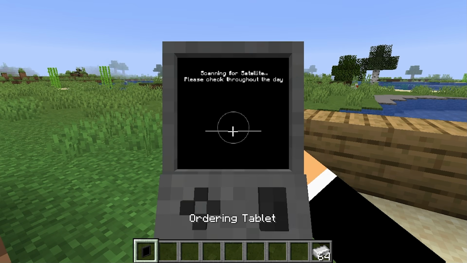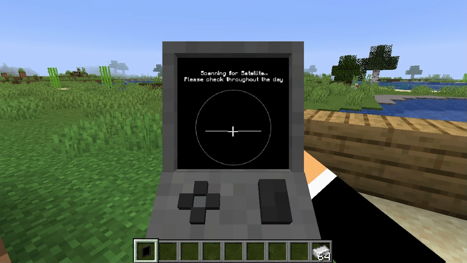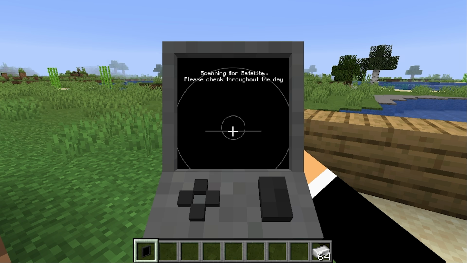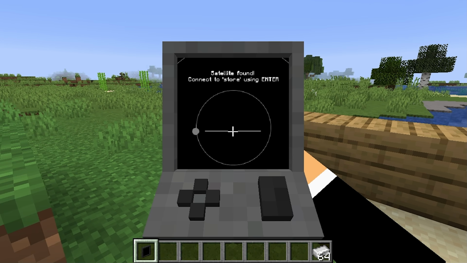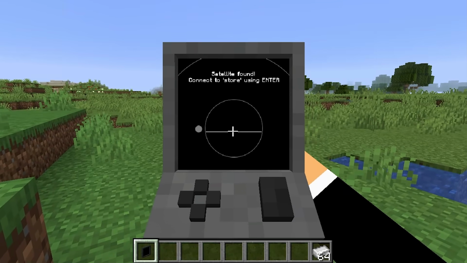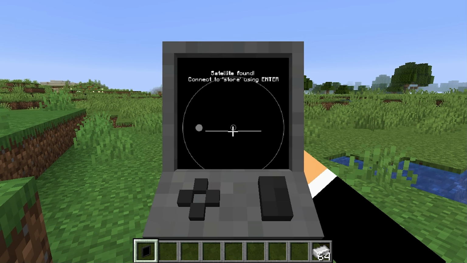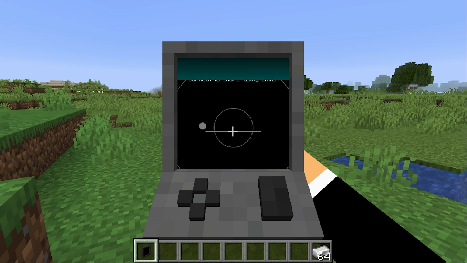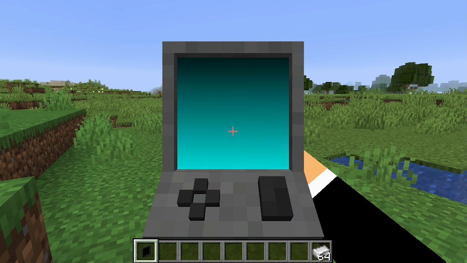And this is the ordering tablet right here. Now you can see when I select it in my hotbar, the keypad will fold out, and we have to wait for it to find a satellite, which it conveniently did right as I began to talk about it. So yeah, you don't get instant access to the store. You have to wait for one of these satellites to appear, which they do frequently throughout the day. So once it finds one, you want to press enter to access the store,